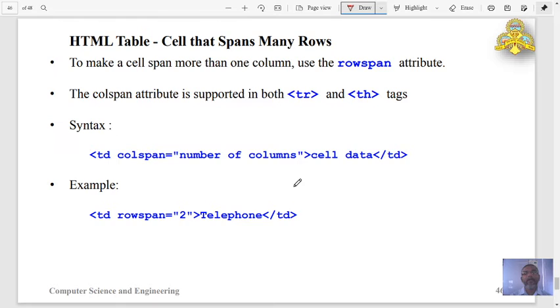Likewise, a cell may span into many rows. So if a cell is to be spanned into multiple rows, then I will go for the rowspan attribute. And likewise for column span, here also td and th tags support rowspan attribute. Syntax is same. Okay, here I made a mistake.